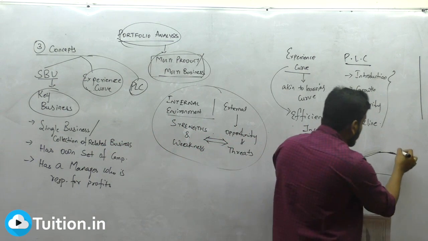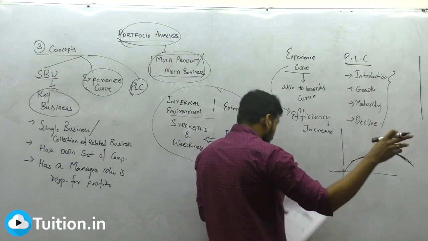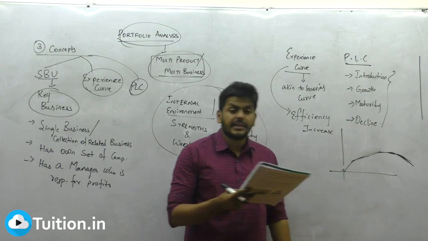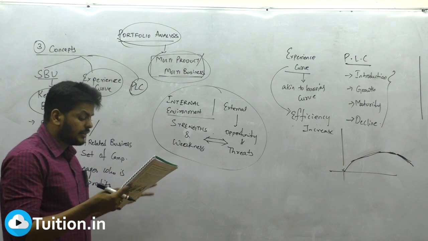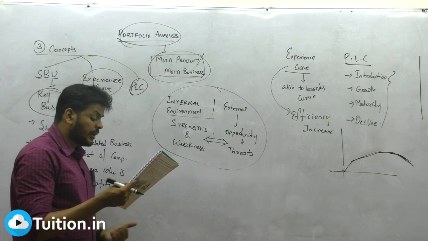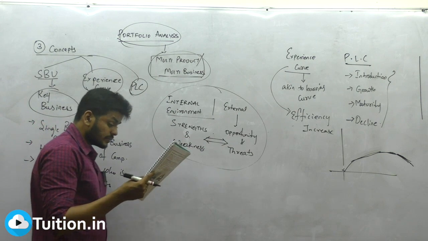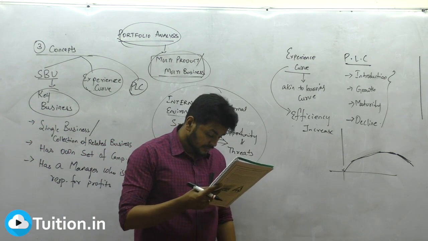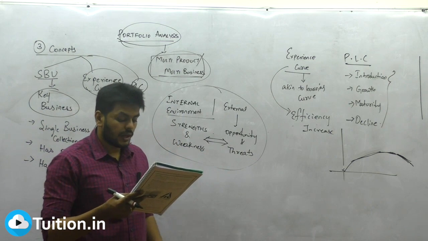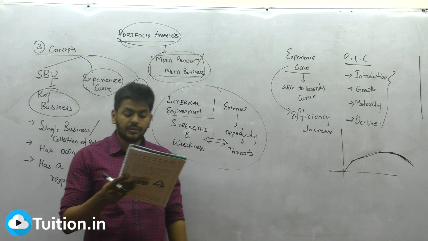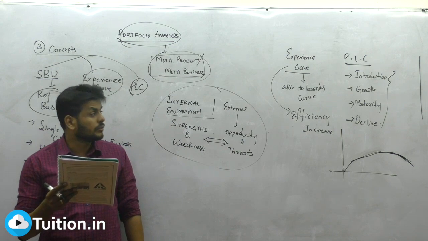So, when your business is on decline here, would you want to sell that off and go to something else? That's what it is. So, a combination of strategies like selective harvesting, retrenchment. We will discuss all those concepts in detail, but underline selective harvesting, retrenchment, etc. may be adopted for declining businesses. In this way, a balanced portfolio of business may be built up by exercising a strategic choice on the product life cycle concept.